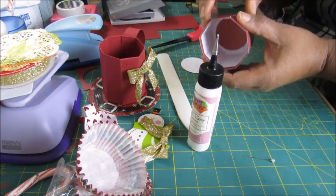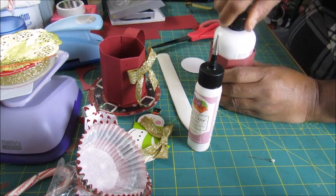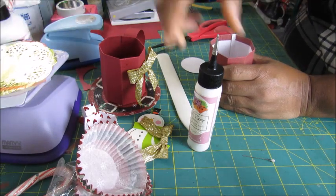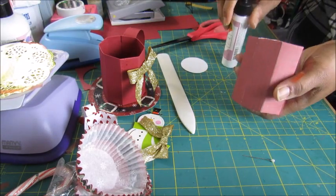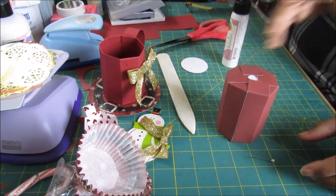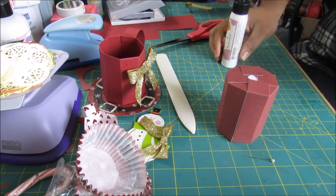So I put that in there like that, and I'm going to use this right here to mash it down so I can get it to hold in there. Maybe use this one too. Okay, and that's how that looks right now. And this is just to make the